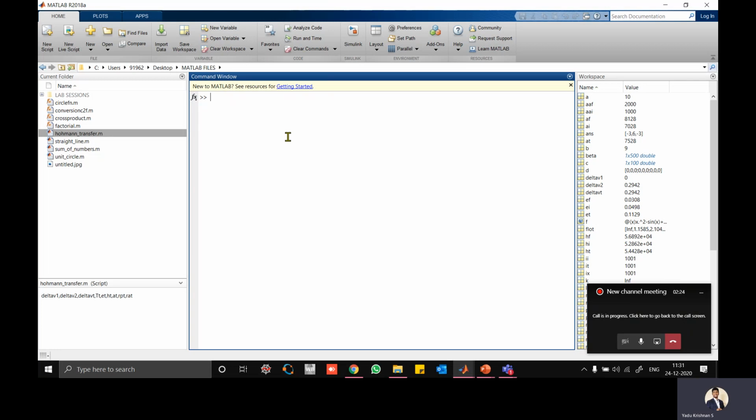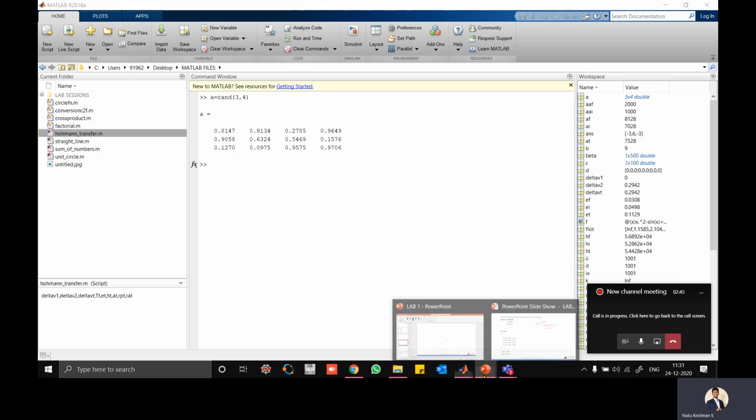First I'll introduce a variable A and create a random matrix, A equal to rand of 3,4. You can see there is a random matrix having 3 rows and 4 columns.